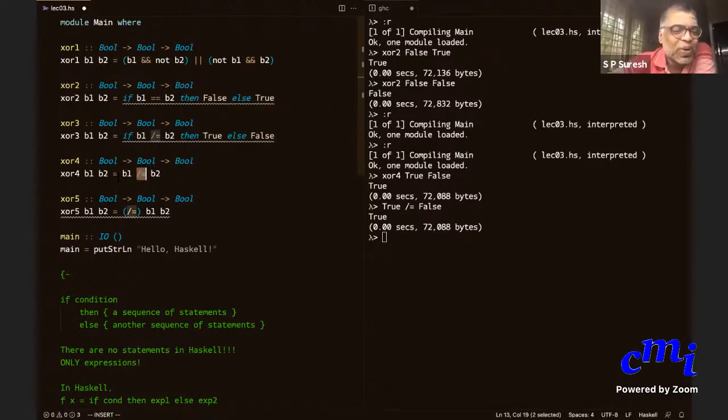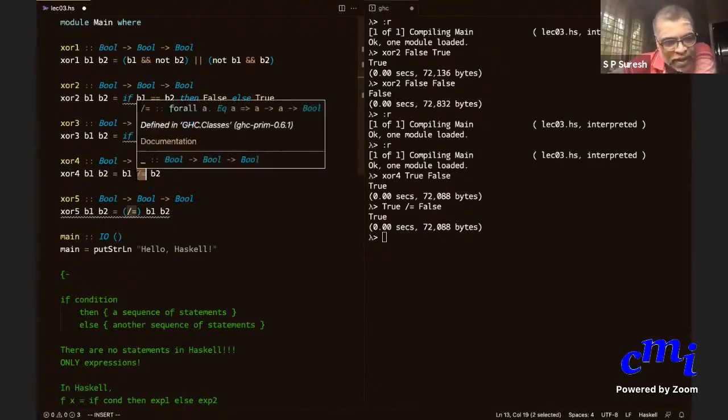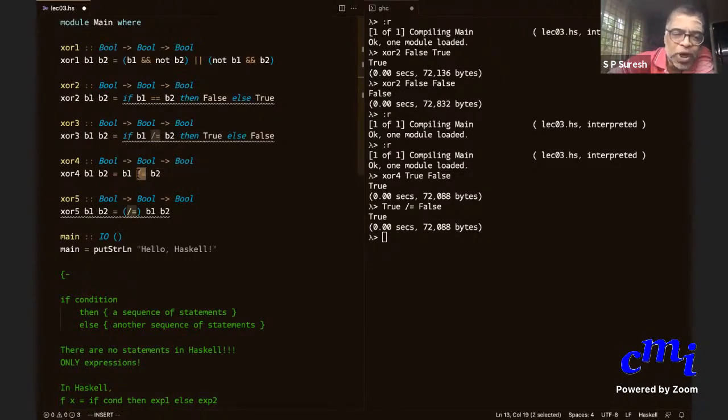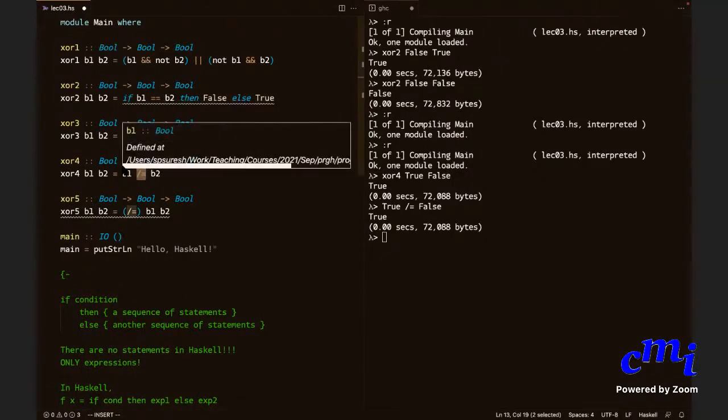Anyway, so this is an operator, like plus, minus, etc. Typically, you put it in between; it's a binary operator. Binary operator means an operator that has two arguments, like plus, minus, multiplication, etc. The typical way to do it is to put it in between the two arguments. Is that clear? Yes, sir.